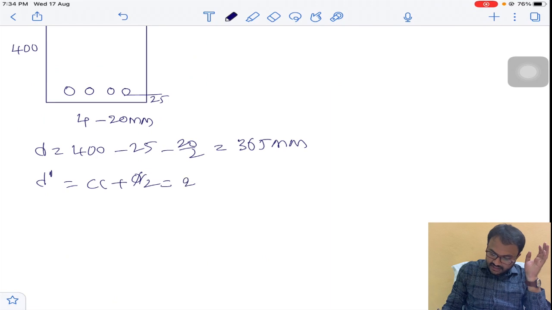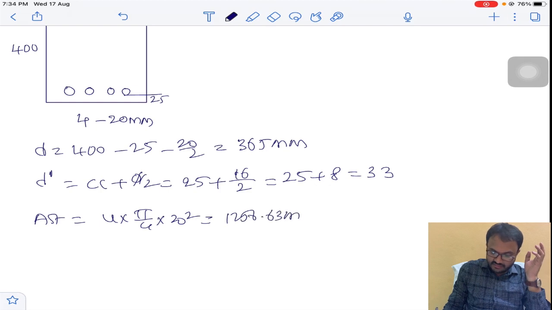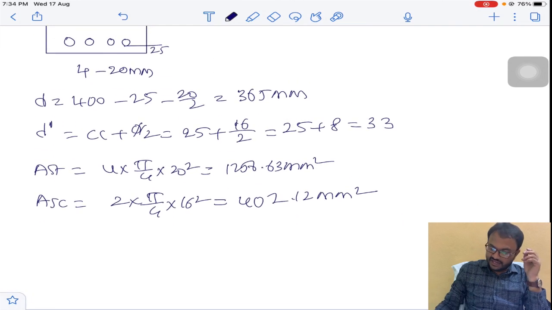D dash is equal to clear cover 25 plus half diameter, it is 16 by 2. It is 25 plus 8 is equal to 33. So reinforcement on tension side is equal to 4 into pi by 4 20 square. It is 1256.63 mm square. And reinforcement on compression side is equal to 2 into pi by 4 16 square. It will be 402.12 mm square. Okay, first of all, we need to get